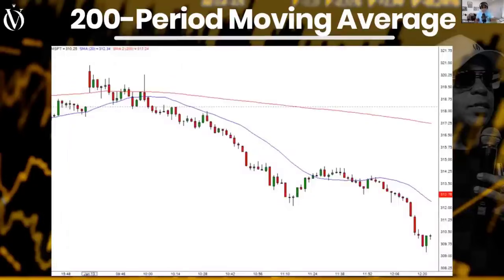Now, before I go to the formula, I want to mention a few things here on this chart. First, I'm going to talk about position, okay? And I want to explain what position is. Position is where the stock is in relationship to the two moving averages, okay? The 20 and the 200. So when your stock is above the two moving averages, we're considered to be in plus position,